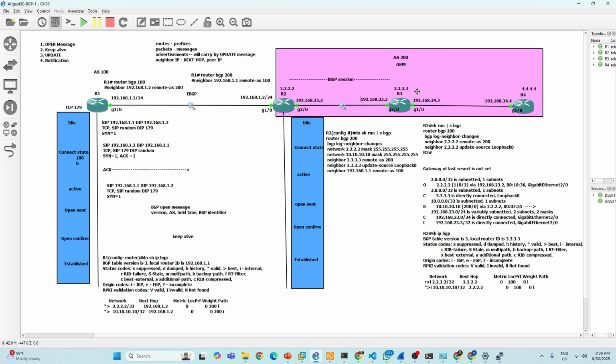Once you advertise the network, BGP will carry the route. Without advertising, it cannot propagate. So the task is configuring an IBGP session between R3 and R4 and R2 to R4 as well. Let's see who will implement this.